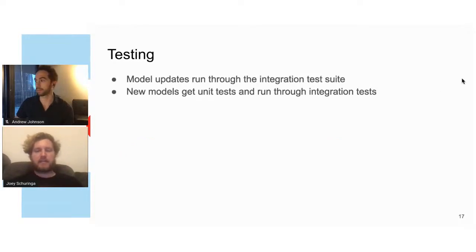Testing is very simple for the most part. It's what you'd expect. For model updates, we run through our integration test suite. It's nothing fancy, just typical integration test stuff. This is really nice. It allows us to, we've had issues before where we've updated our models and our unit tests